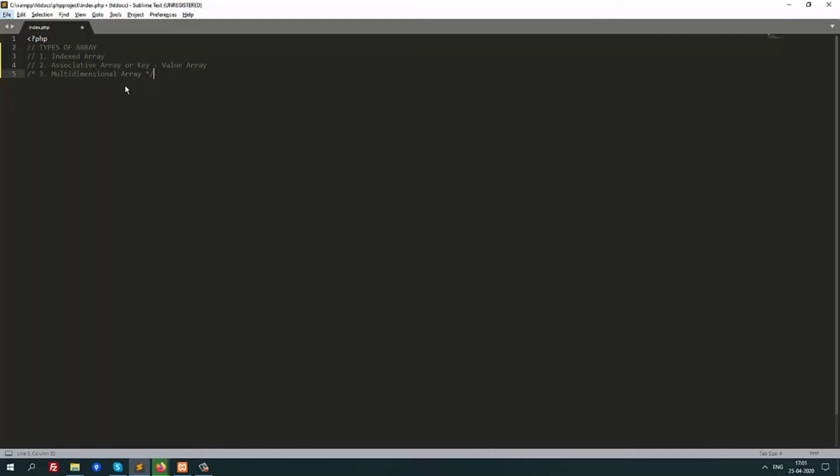Before going to explain each of the arrays, here I have written // for comment, and /* also for comment. So for a single line comment we'll use //, and for a multiple line comment we can start with /* and end with */. Here if I press enter and type anything, this is not a comment, because // is used for a single line comment. Now if I hit enter here, write something and hit enter again, then this is also inside the comment, because this syntax is used for multiple line commenting.